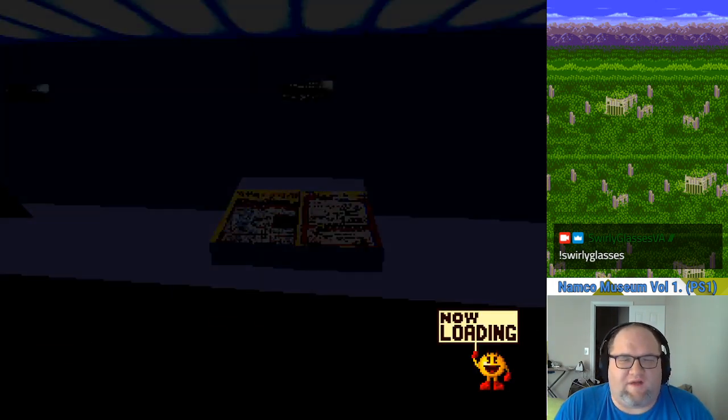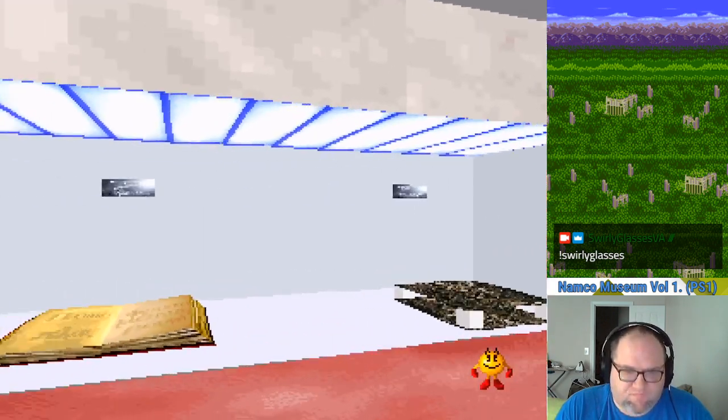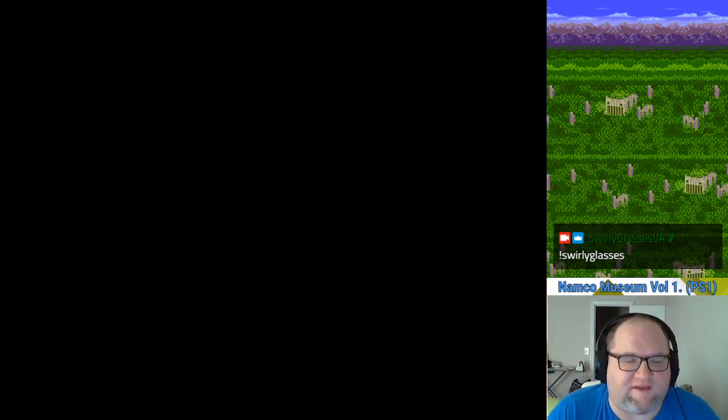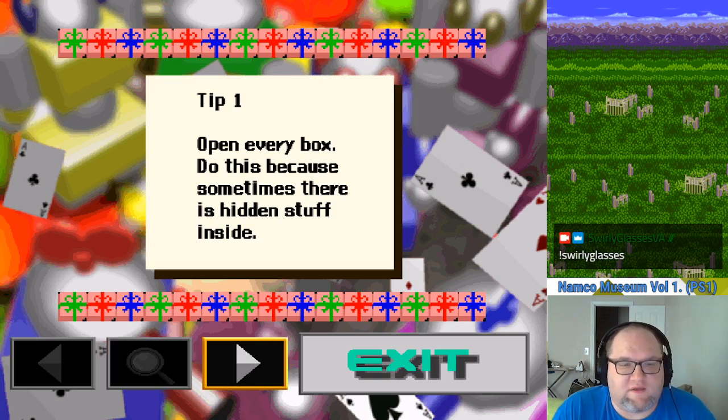So that's one kind of disadvantage to this first volume: a lot of the material is in Japanese, and the game doesn't really do a good job of explaining what it says. There are these little tip sections here and there, so that's neat. You can read these to get an idea of what to do in each game, although there is a little out of context going on here because I really don't know what this game is, so...